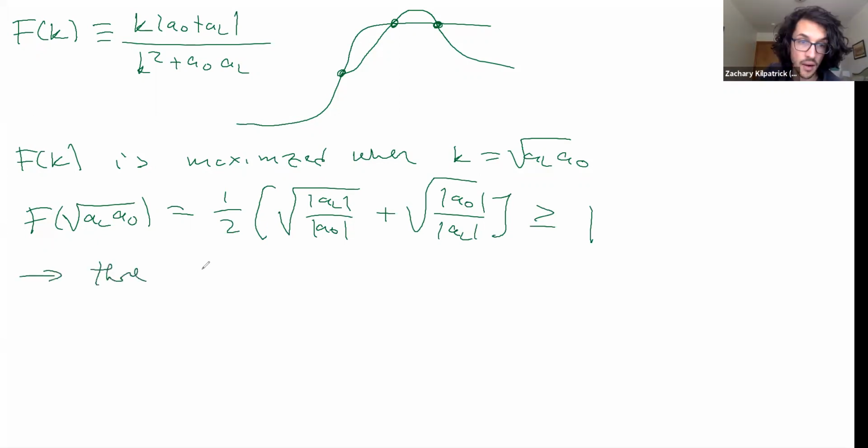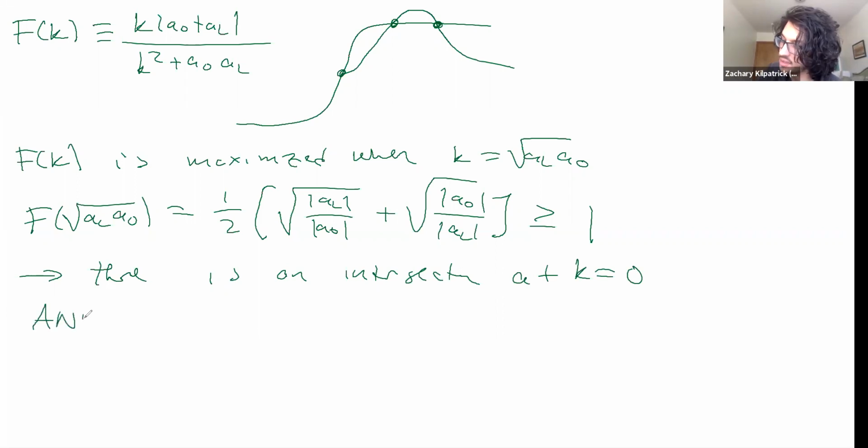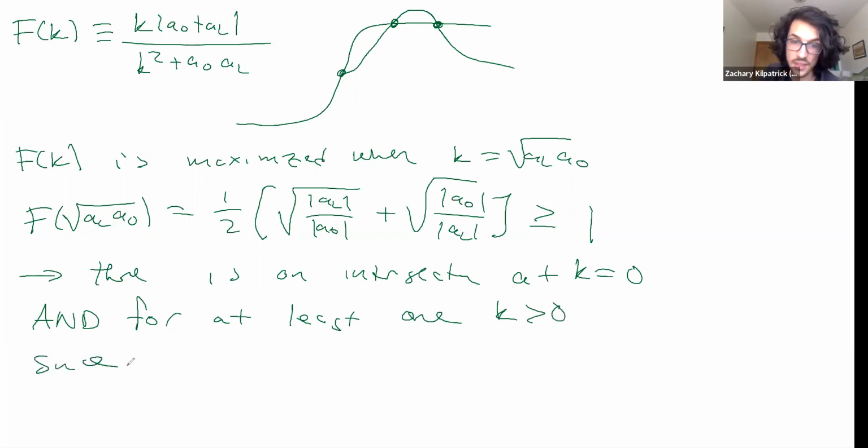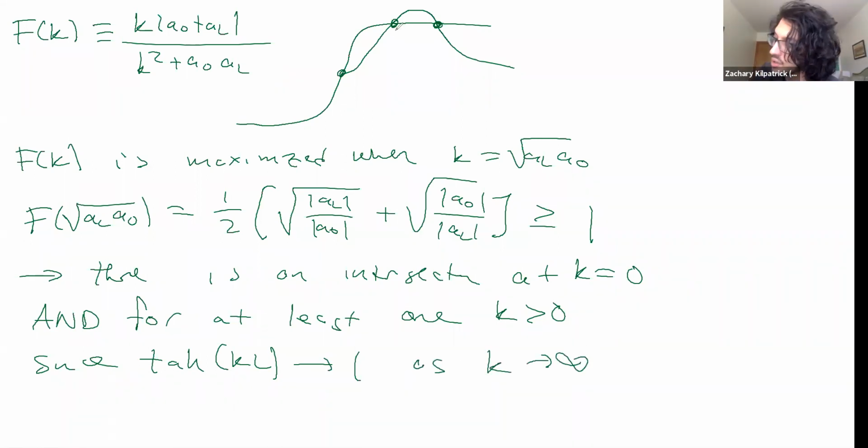So there is an intersection, at least at k equals 0 and at least one k greater than 0. Basically, since tanh of KL is upper limited by 1 as k goes to infinity, you could get 2 intersections, but the point is that you're going to have at least one of these intersections,